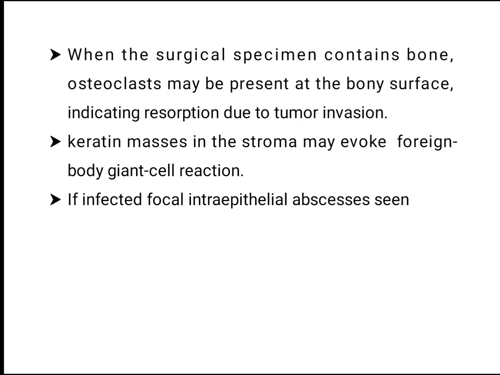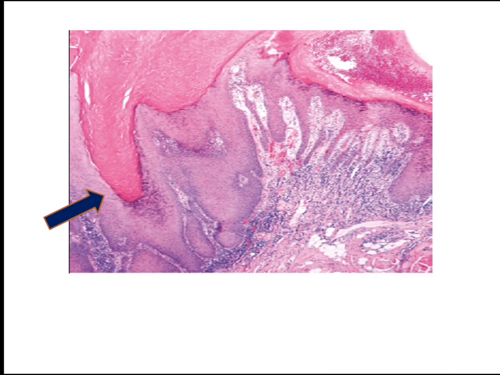So when the specimen contains bone, osteoclasts may be present at the bony surface, indicating resorption due to tumor invasion. So if the tumor contains bone, what you will see? These bones contain osteoclasts. Okay. Keratin masses in the stroma may evoke foreign body giant cell reaction, and if infected, focal intraepithelial abscess can be seen. Okay, so the most important points that we have seen in the verrucous carcinoma is,